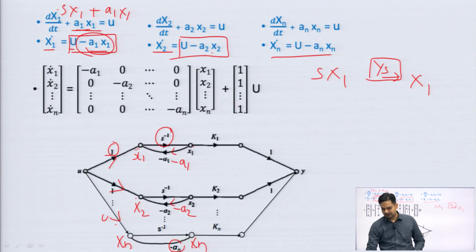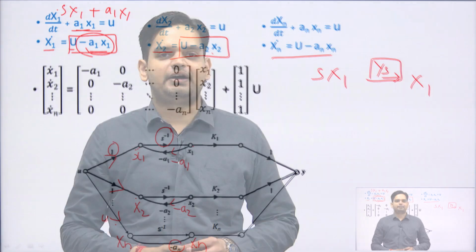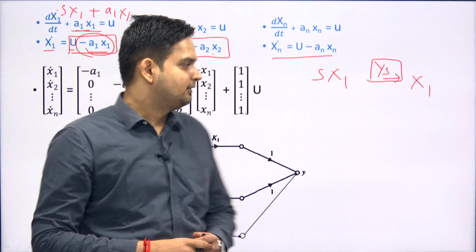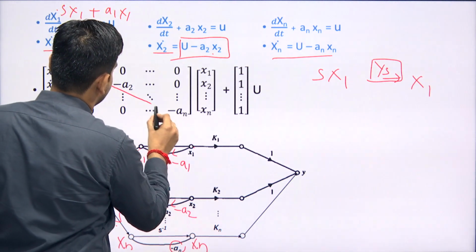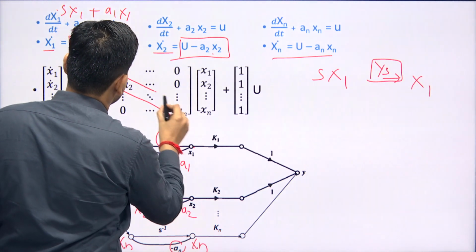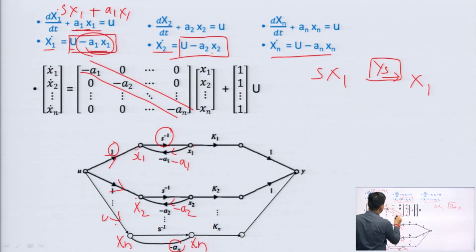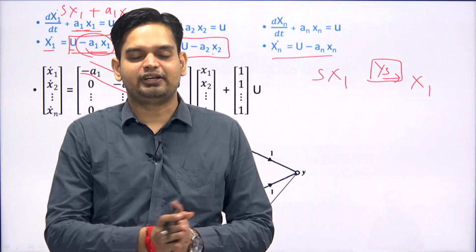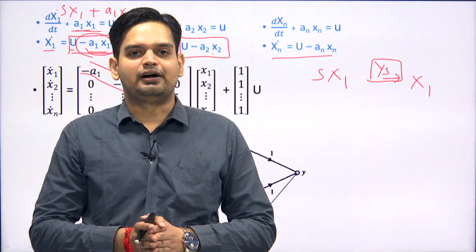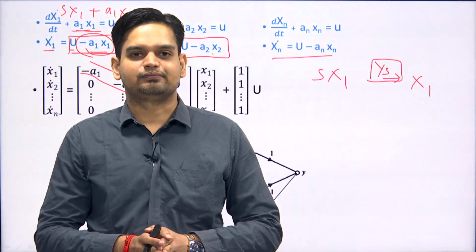So, this is the end of this parallel method. Here if we see the matrix, we will get all the elements in a diagonal way. The coefficients a1, a2 till an will come in diagonal form. So, this is my A matrix in case of the parallel form or diagonal form. The remaining step, that is the Jordan form, we will discuss in the next session. Thank you for today.